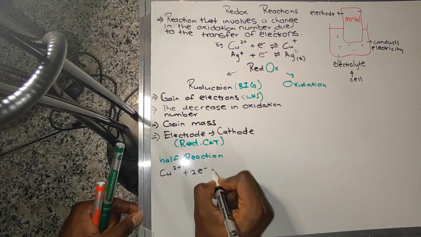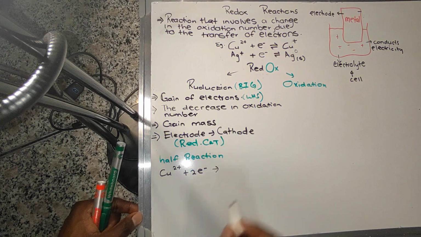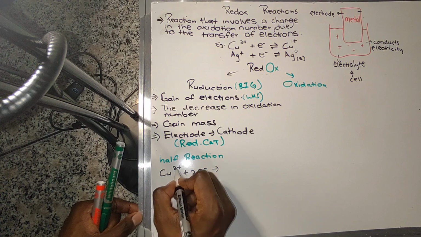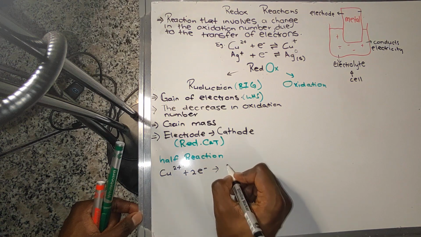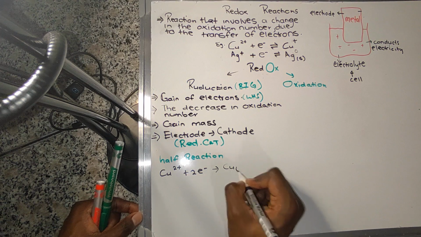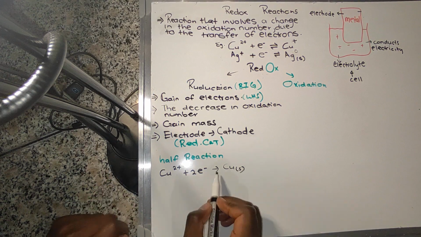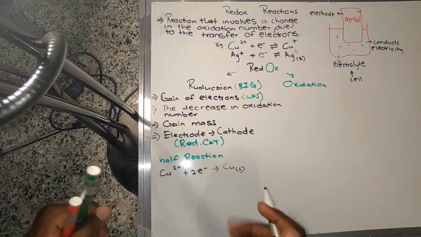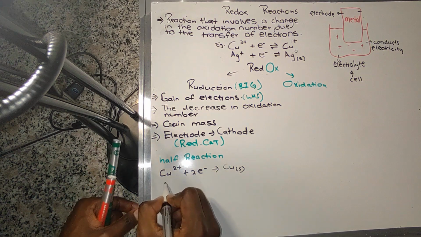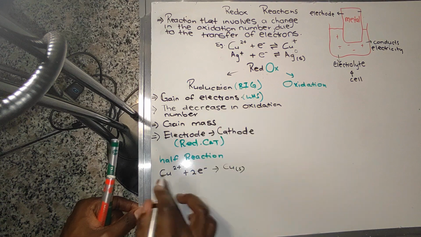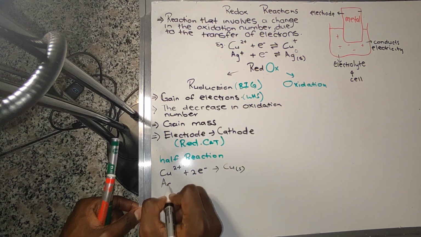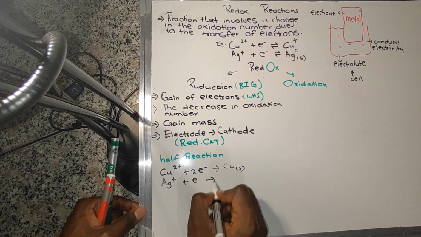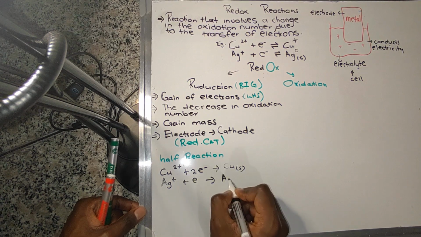And when we gain electrons, the oxidation number will be reduced. It will get smaller. So 2 electrons will neutralize that charge of 2 plus. This will now become Cu in a solid. So now you no longer include the reversibility when you're writing a half reaction. And then again, we can write a reaction here for silver, Ag plus 1 electron producing what? A neutral